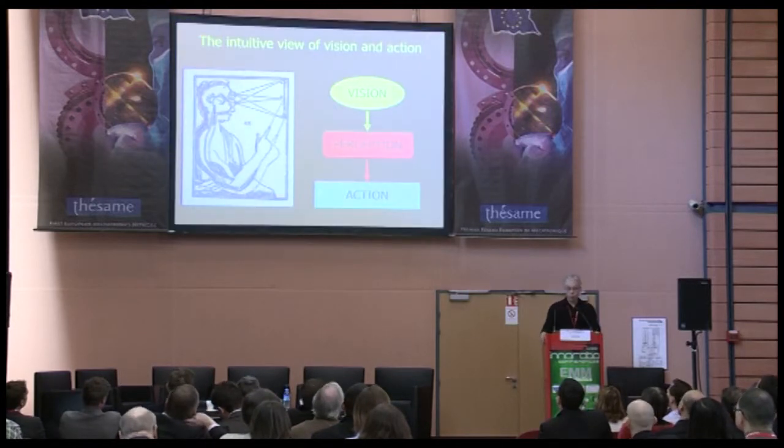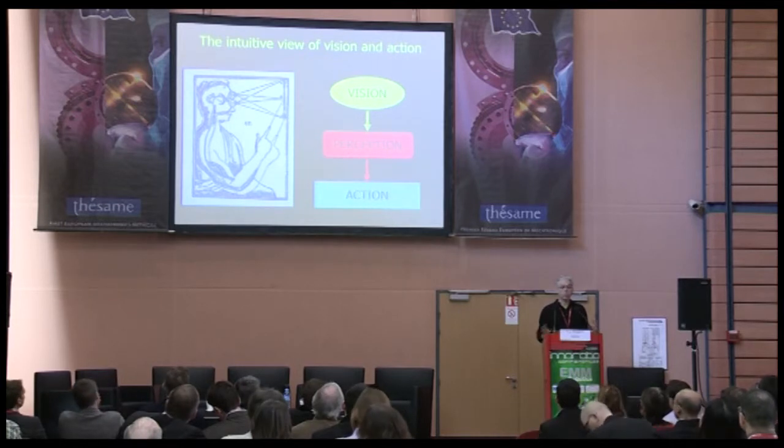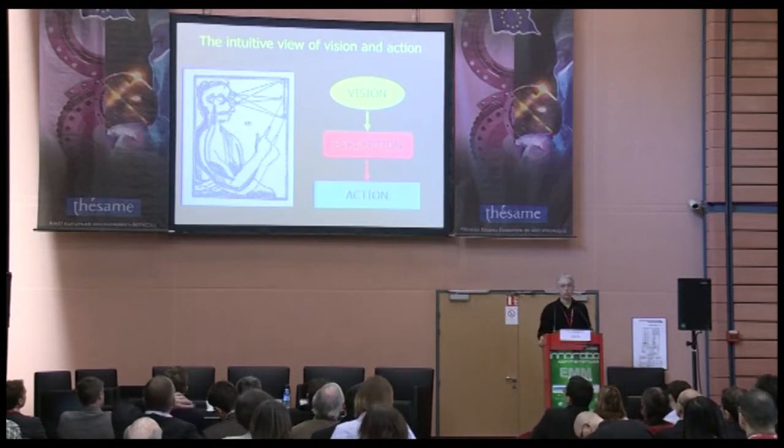This brings me to address a question that we have investigated a lot in Lyon, which taps about the way that we see the interaction between vision and action. Our intuitive view of vision and action dates back to, for example, this Descartes, the picture that is from 1662,